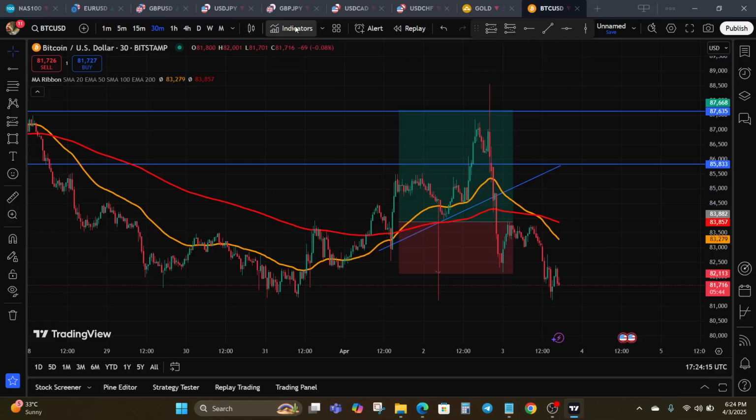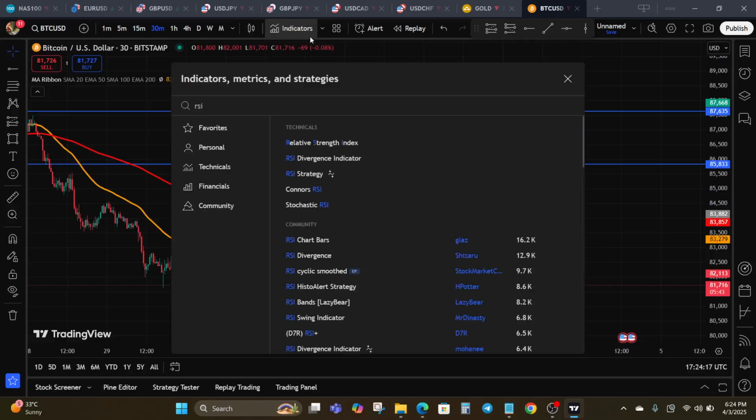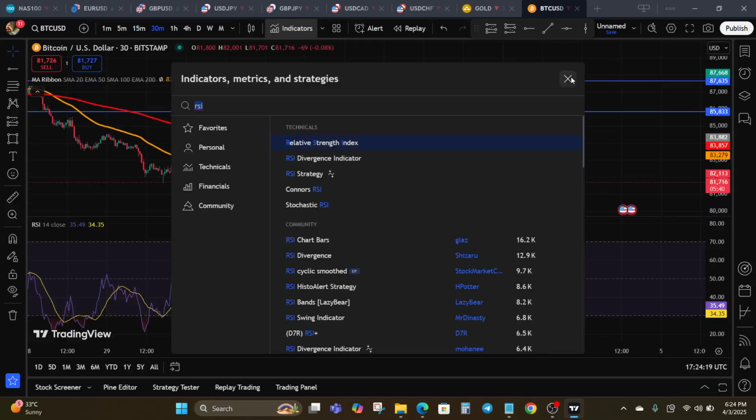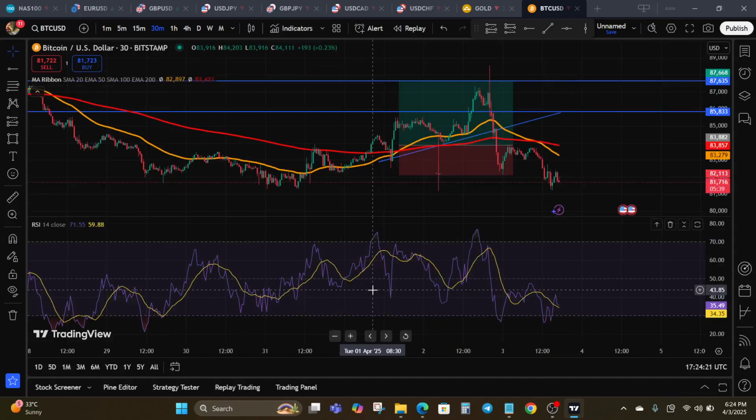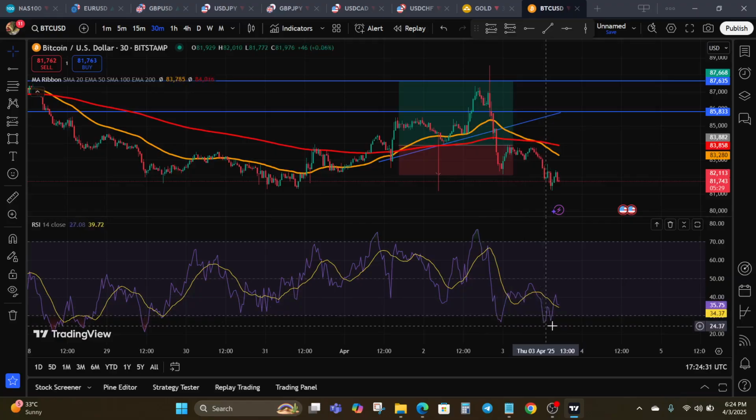Now, the next indicator we're going to be looking at is the RSI, the Relative Strength Index. This is an important momentum indicator that helps you spot overbought and oversold conditions. Basically, an RSI above 70 may indicate that an asset is overbought, while an RSI below 30 can indicate that